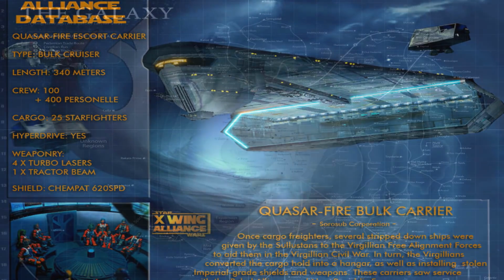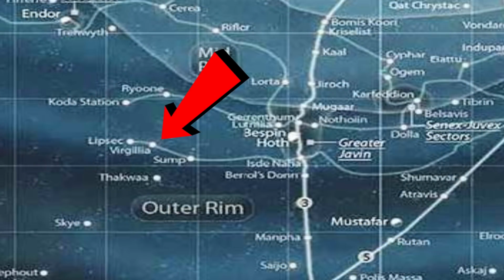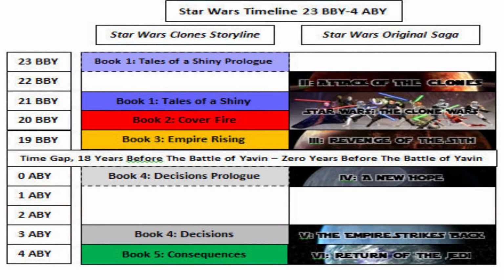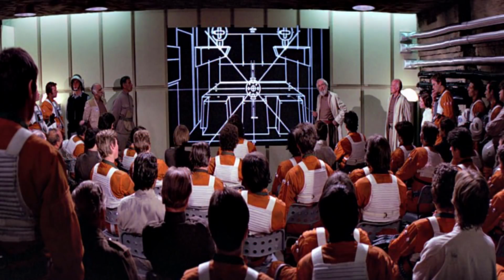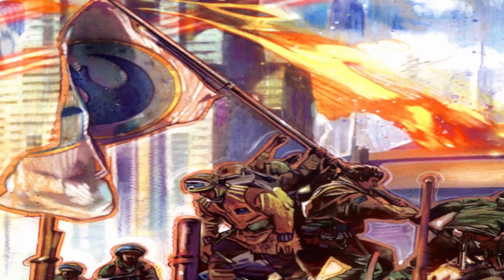pro-democratic organization that rebelled against the aristocracy that ruled over the entire Virgilian sector. The Virgilian Civil War lasted from 24 BBY, so just before the Clone Wars, to about 4 ABY, the same year the Emperor was killed. The Virgilian Free Alignment sided with the Rebel Alliance because the aristocratic government that they were overthrowing aligned themselves with the Empire. Once the New Republic was established, the government of Virgilia became one of the Resistance's strongest supporters in